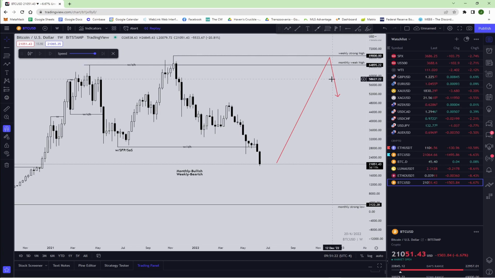I'm going to let this play out and see what happens, because the important thing about swing structure is you have to keep the higher time frame in mind. So if you're looking for a weekly bounce back up there, but you're keeping the higher time frame in mind, you're expecting monthly to break